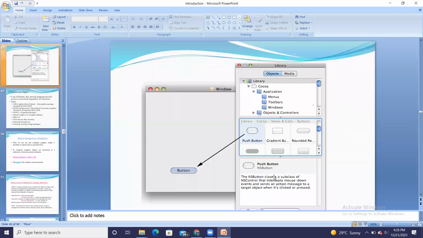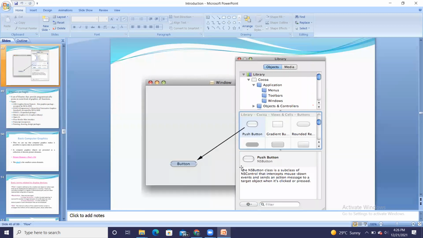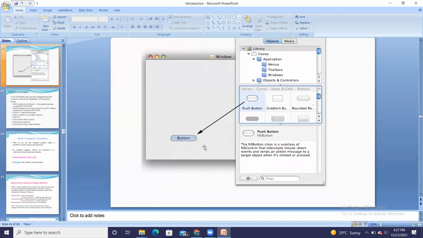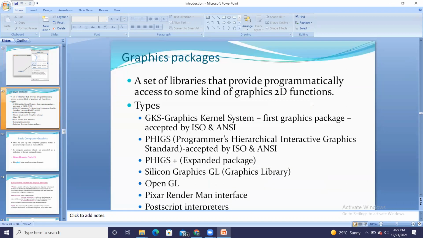So these are the different applications. You can see examples like a button, how to design the button in the front end, which will be viewed by the user. To make the GUI attractive, we can use computer graphics.